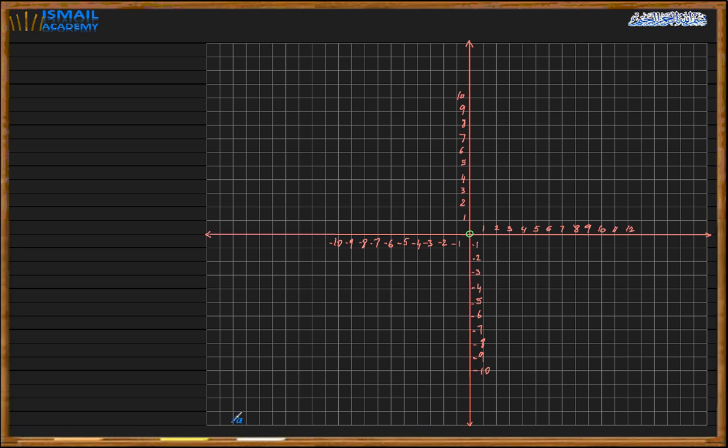Why? Let's suppose I have only 1 point. How many lines can I draw through that point? I can draw that line, I can draw that line, I can draw that line, I can draw that line. You see, I can draw infinite lines if I have only 1 point. But if I have